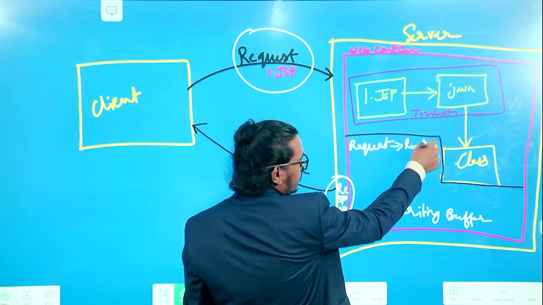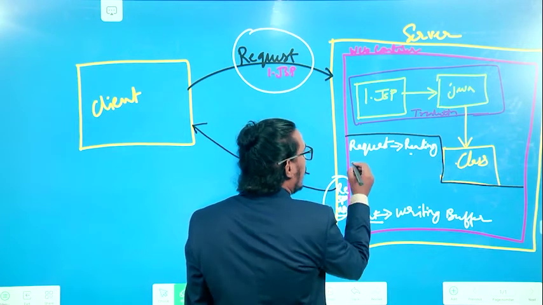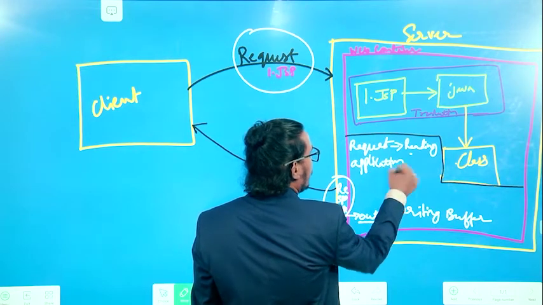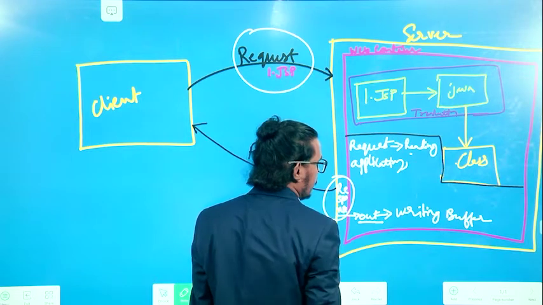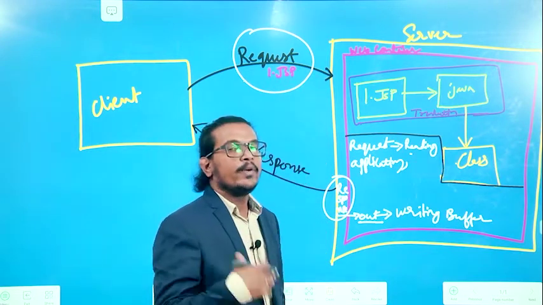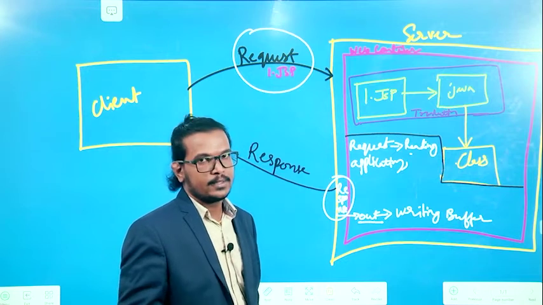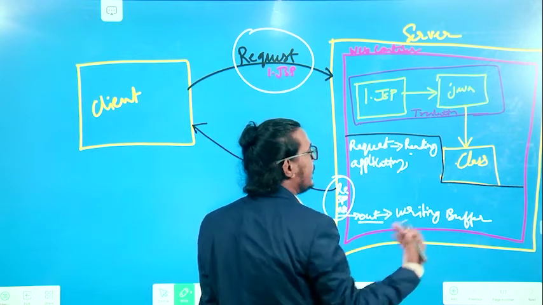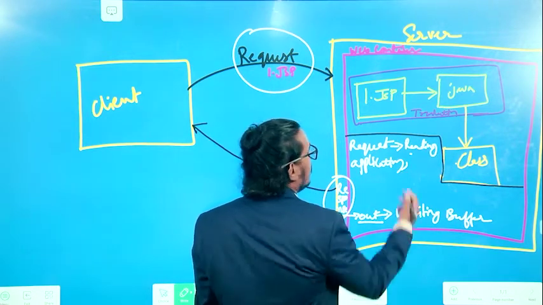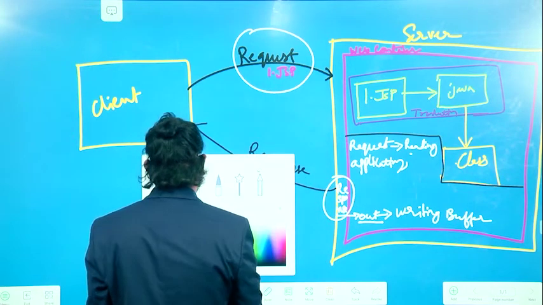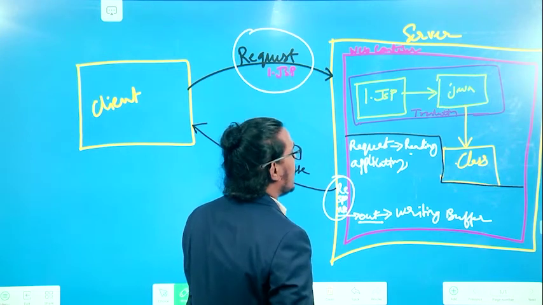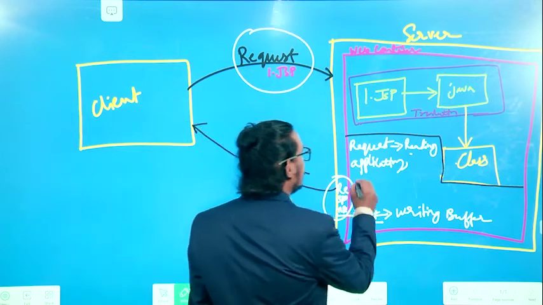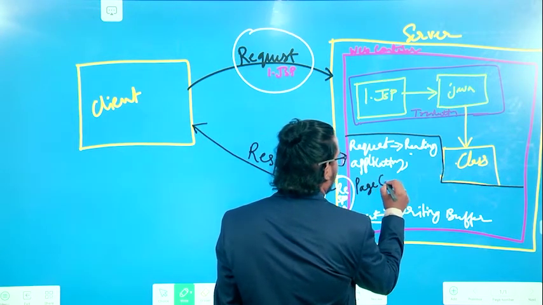Next, once your request reading and processing is done, we get the data with the help of the application object. With this application object, we can set the parameters and also get the parameters. That is the role of this particular application object. After that, for creating a context, we use the page context.